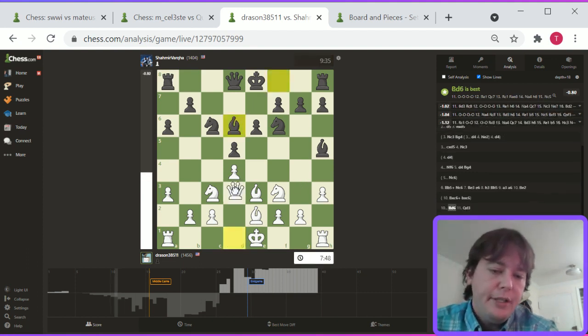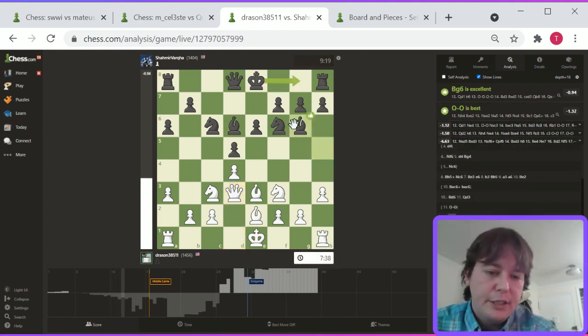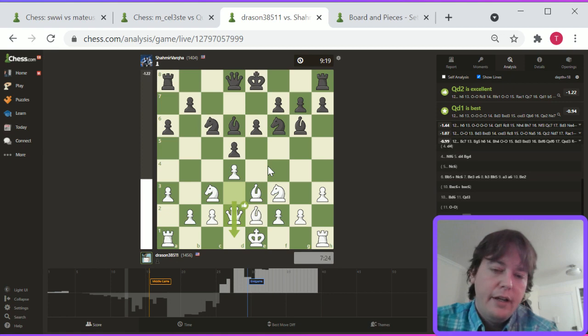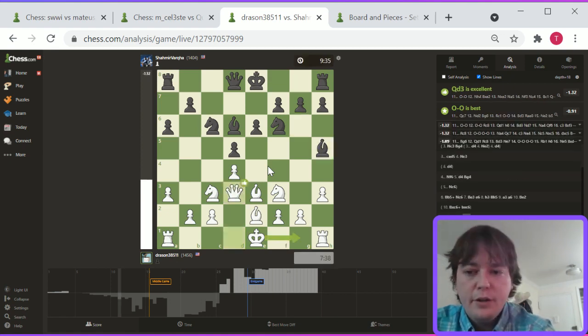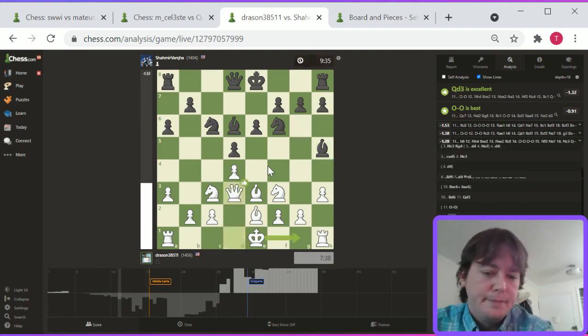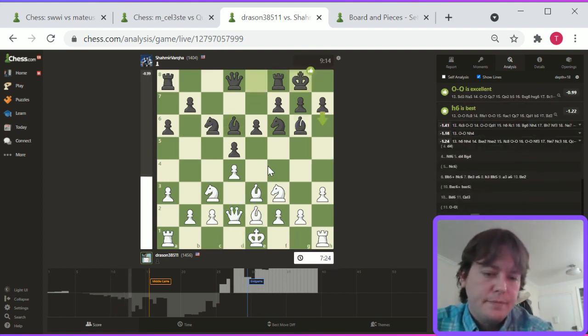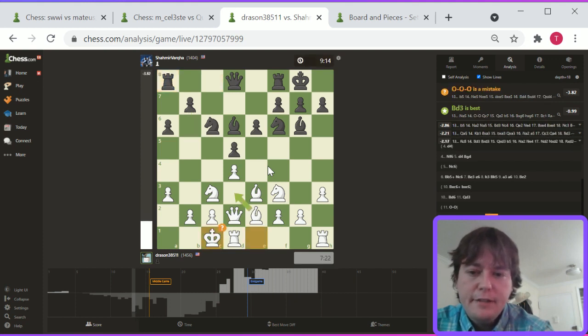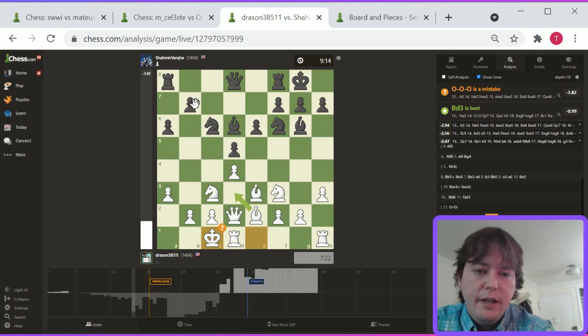Queen d3 sort of encourages bishop to g6, and after bishop to g6, like queen d2 or queen d1, the bishop I think overall has improved slightly. I don't know. It's an interesting position. Here I guess I would say